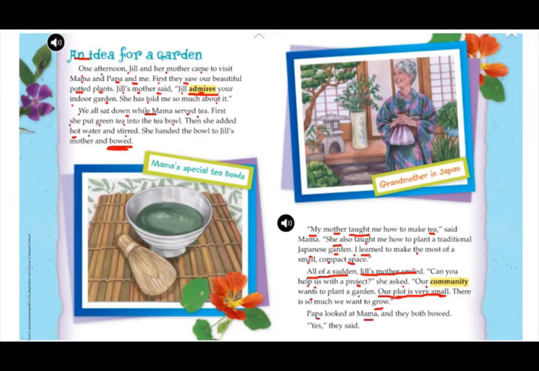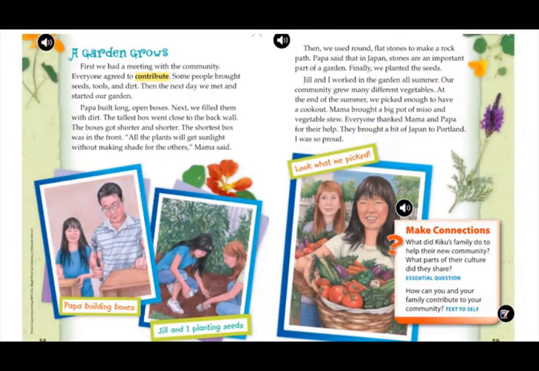Papa looked at Mama and they both bowed. Yes, they said. A garden grows. First, we had a meeting with the community. Everyone agreed to contribute. Some people brought